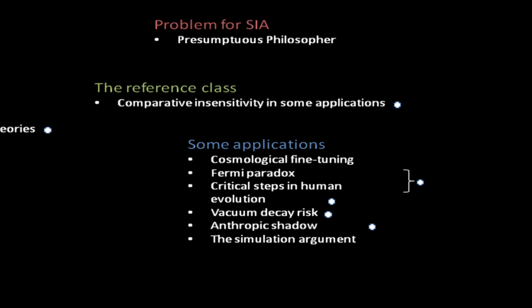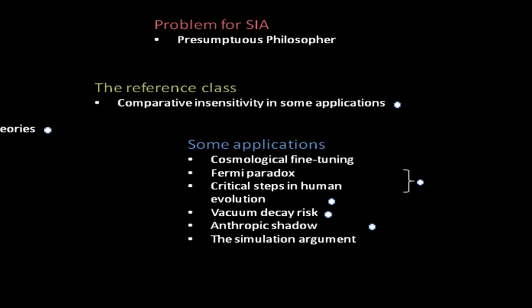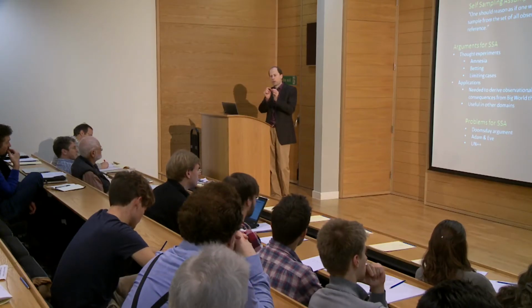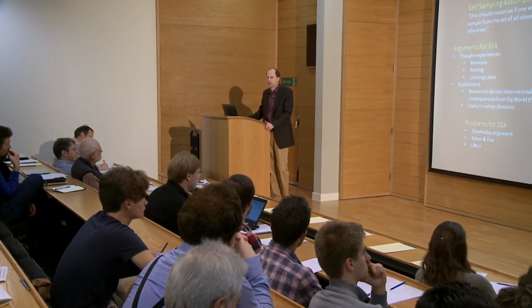Cosmological fine-tuning is, I think, the original application, and I will not say very much about that because our other speakers are talking at more length about that. To boil it down to its simplest, I think the idea is that there are certain physical parameters that seem as if they were fine-tuned, in the sense that if they had been very different, no observers would have existed, nor life, nor perhaps planets. So that seems kind of puzzling, something that ideally we would want an explanation for.